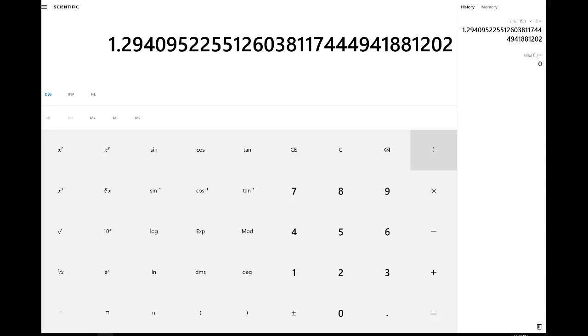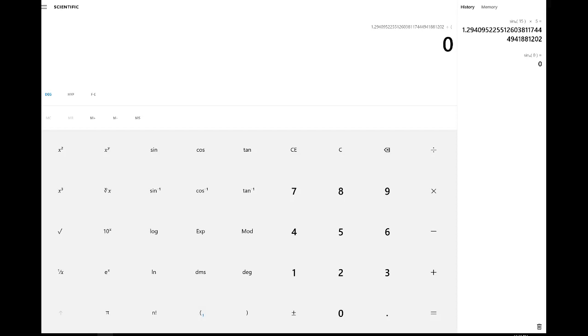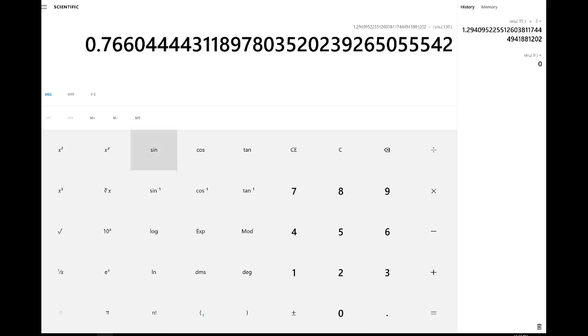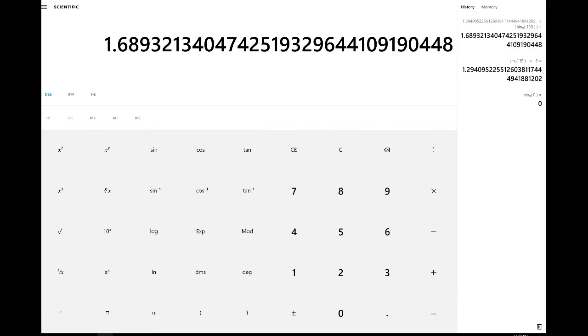Then I need to divide this. I'm going to open parentheses, then 130 and then sine of 130, since this calculator makes me do it this way. Then close that and hit enter. So my answer is